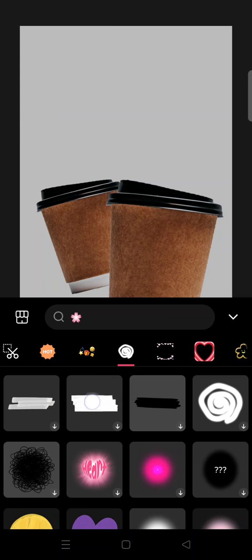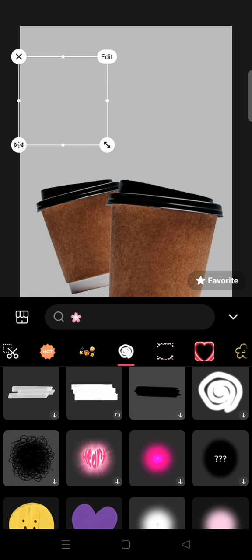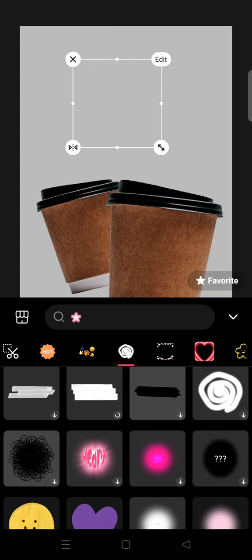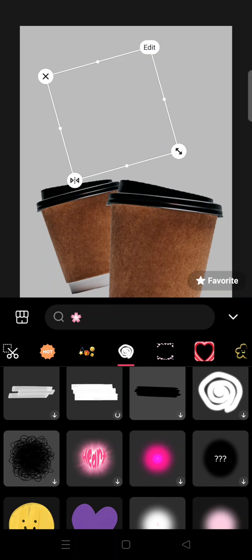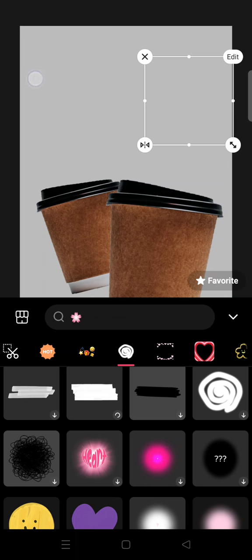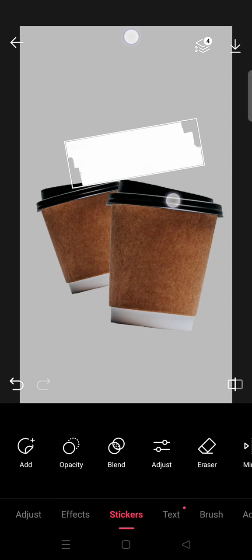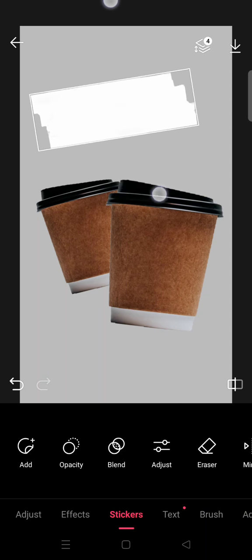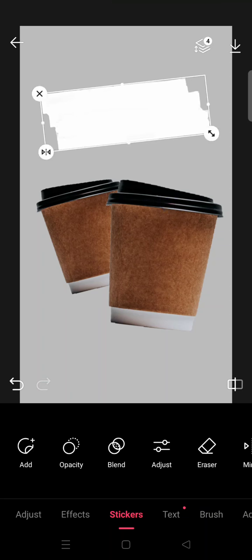Okay, I'm going to just use this one. Let's see how it looks. Okay, so this one right here, I'm going to put it in here,